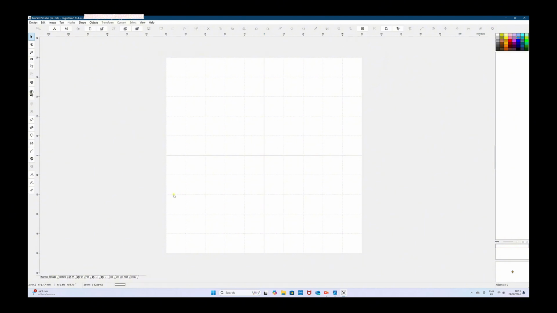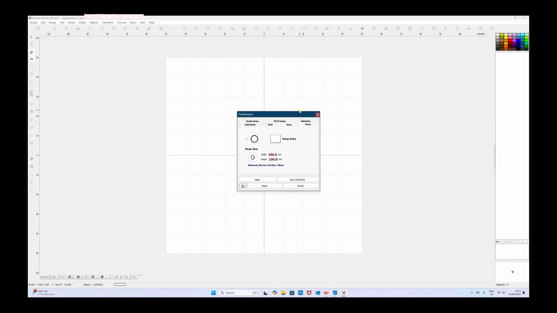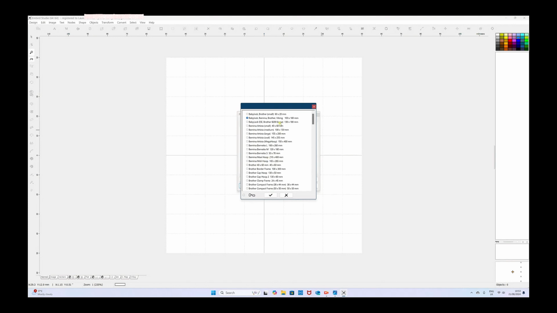So the first thing I want to do is set up my canvas or hoop size. I want my little ghost patch to be about 7 centimeters in diameter, and so I'm going to set my hoop up to be 8 centimeters. I click on the hoop icon, and that brings up this preferences box where I either have the option to choose from a couple of